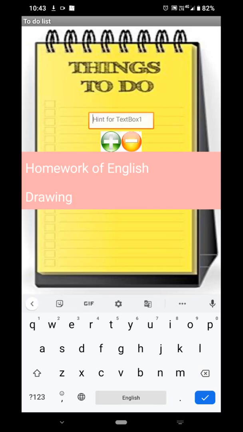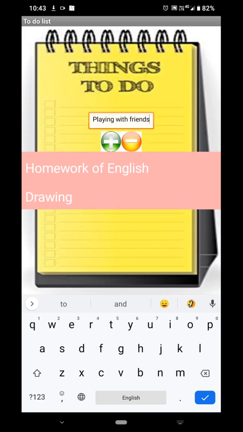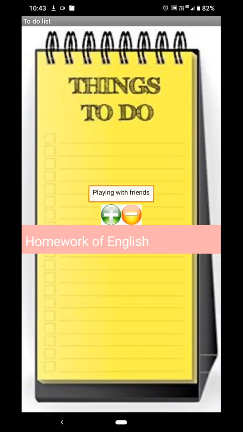After drawing, your friend is calling for playing, so playing with friend, add this to the to-do list. So in this way you can add items to the to-do list. If you want to remove one, just click on it and it gets removed. Okay, so in this way, this is all about the app.